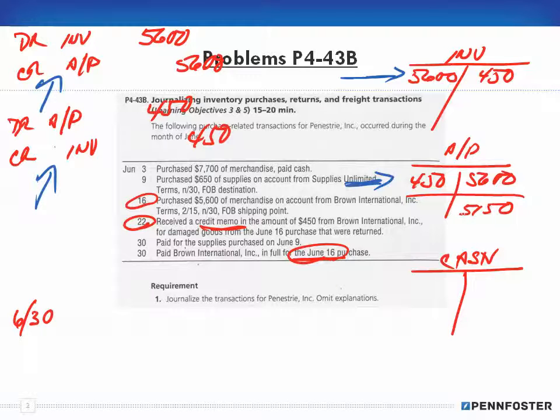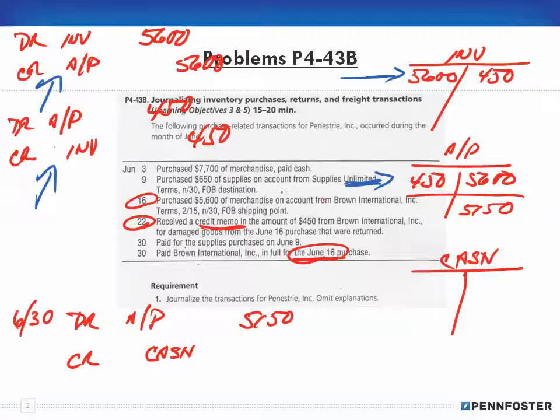Okay, so I'm going to be paying off my accounts payable. Well, that means I'm going to debit my accounts payable for 5,150, right? And of course, debits have to equal credits, so I have to credit something else. Well, yeah, I'm going to credit cash because I'm going to pay out cash, but I realize and remember that